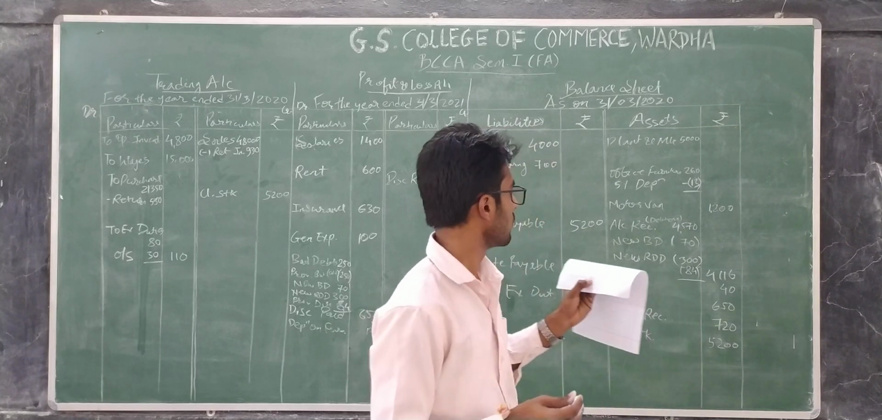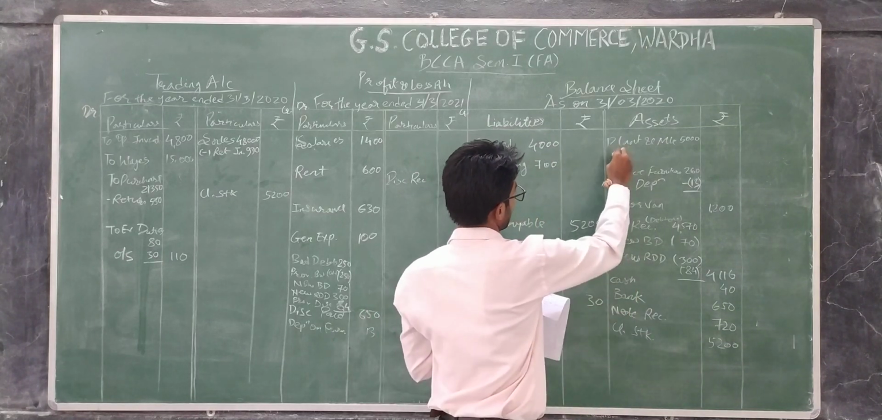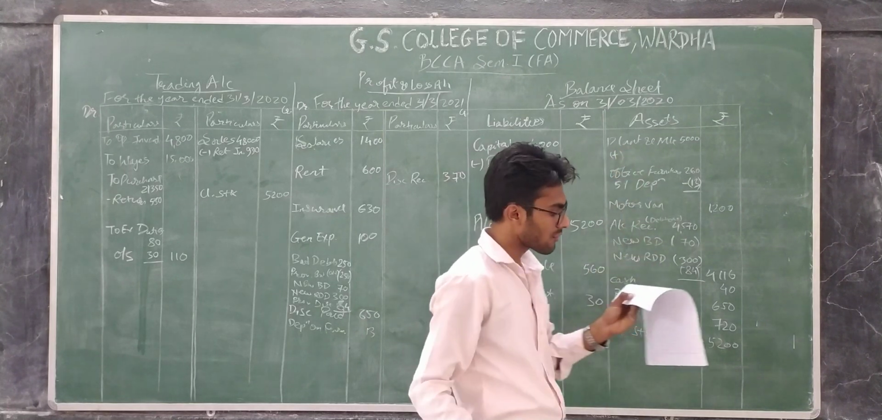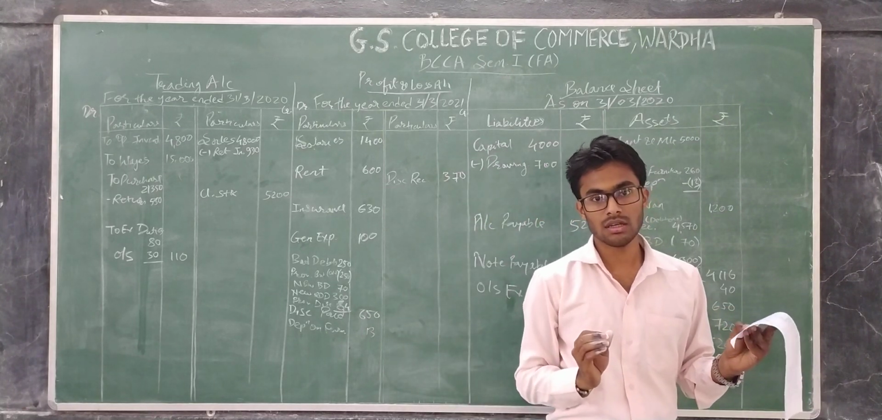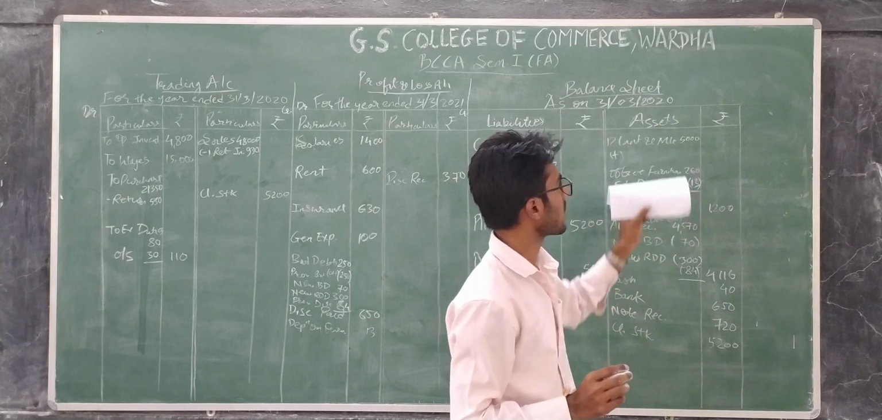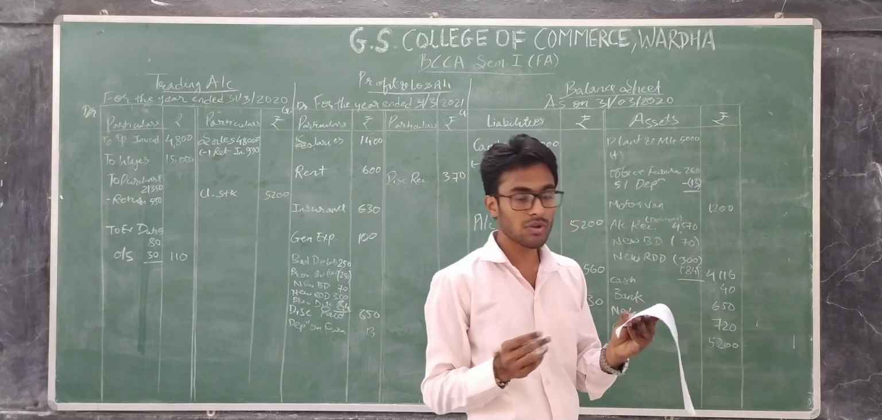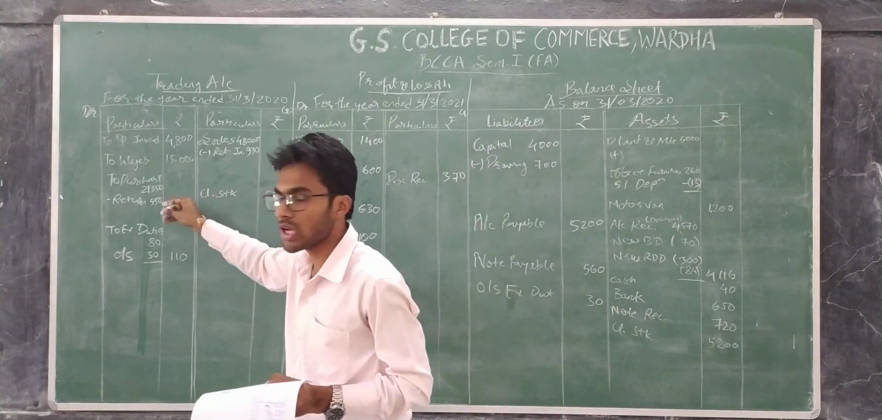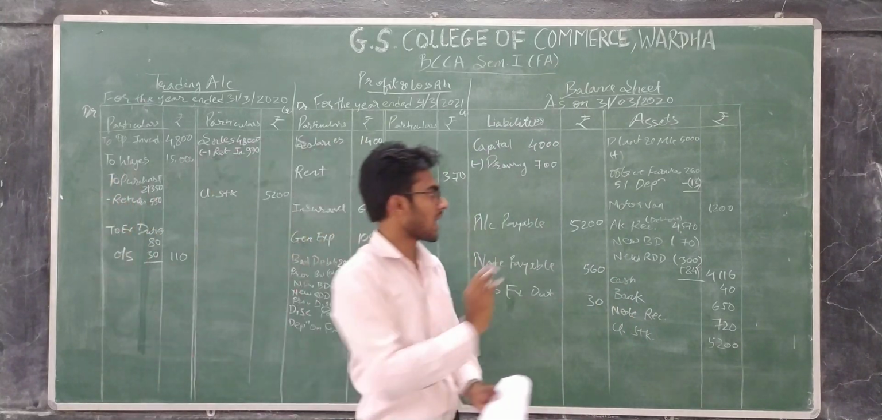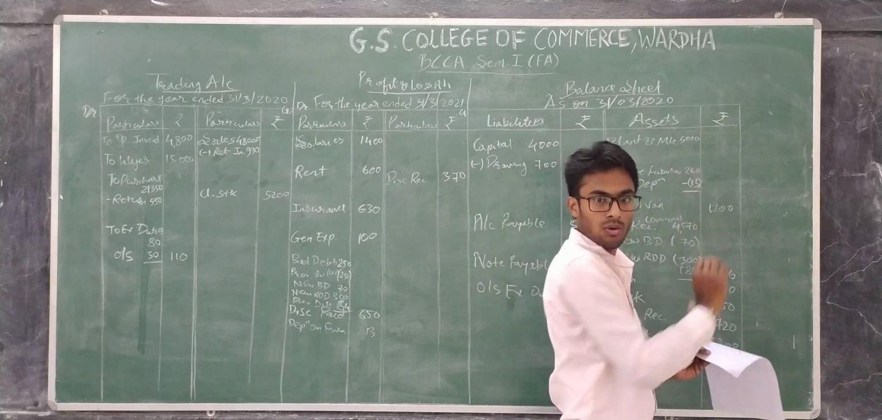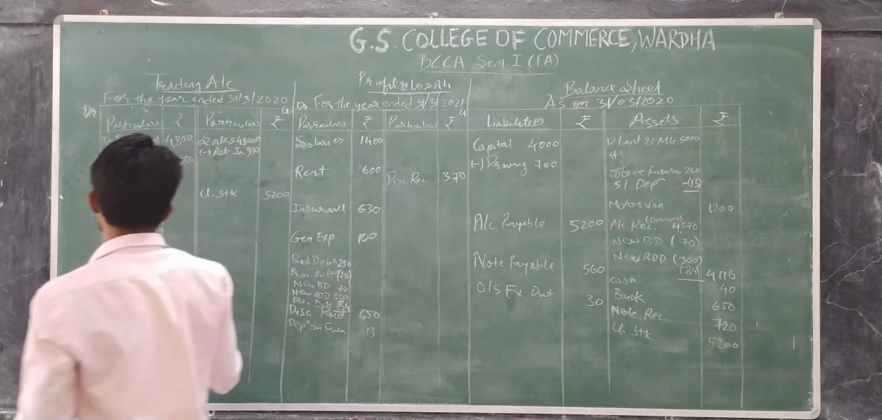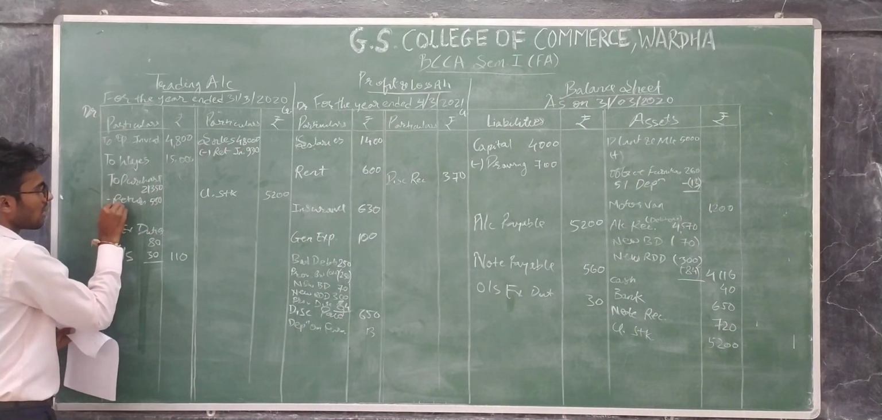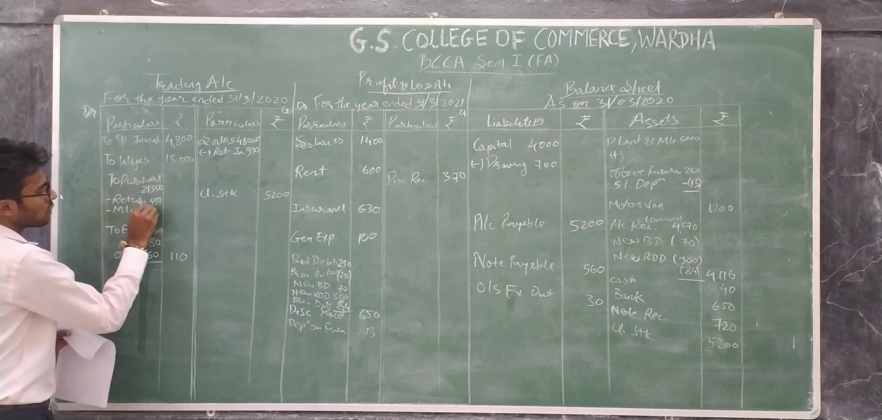So we have to put an add sign. Why add? Because we have to add machinery on this plant and machinery side. Why? Because this one is included in purchase, so we have to extract it from this and put it over here. So we have to minus from this, as machinery 2000,